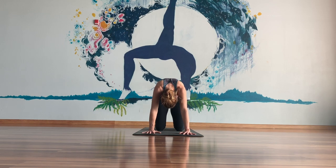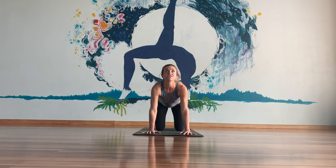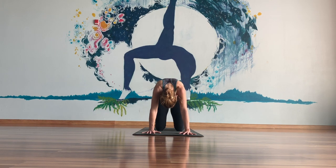One more round, inhale through your cow, draw your heart forward and up, lengthen and lift. Exhale, press into the mat, arch, tuck, round into the spine. Inhale into a neutral spine this time. And then see if you can keep